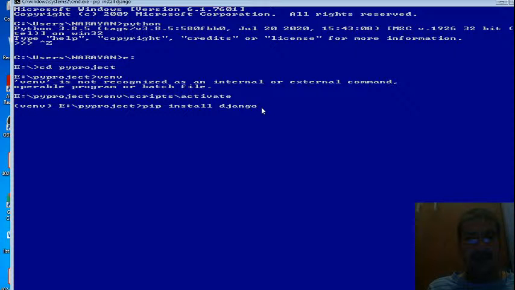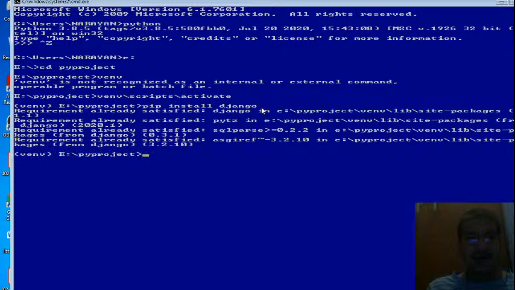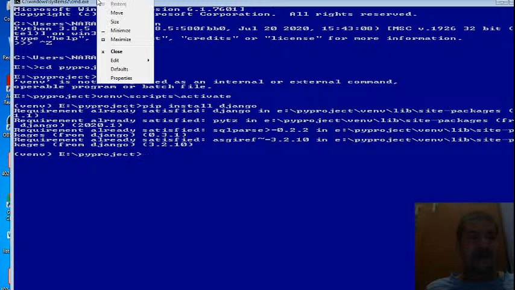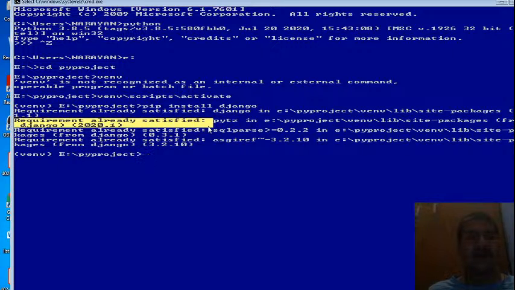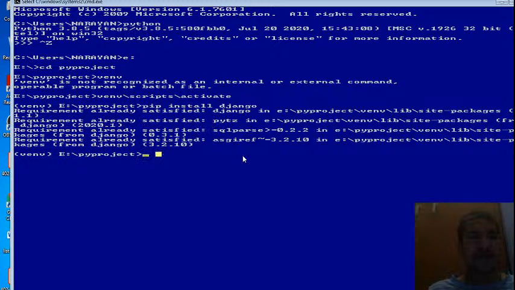Now you can see that here we get the output: requirement already satisfied. This is because I have already installed Django in my system. If we are going to download it for the first time, then we will get a message like downloading, and then it is downloaded. After that we have to write the command